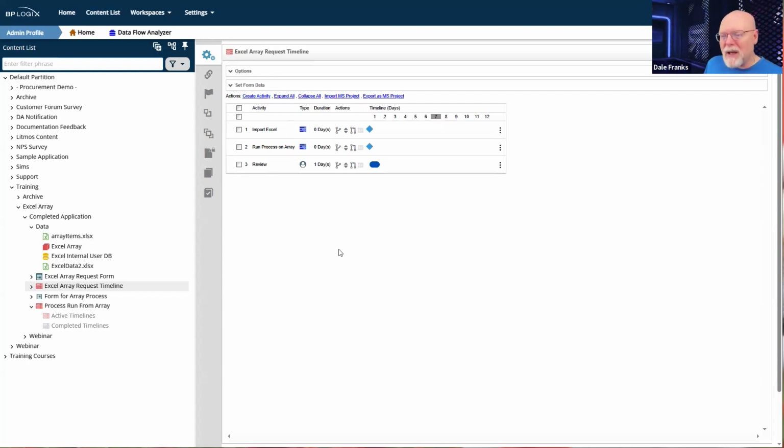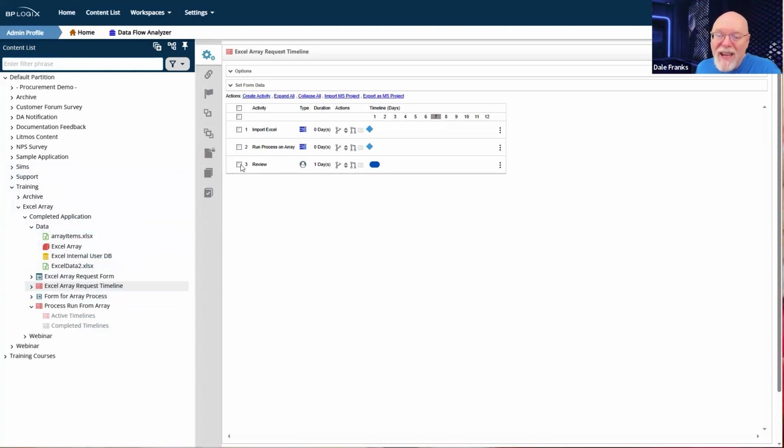I don't expect that this is going to be something you do very often, but it's an option for you. And the nice thing about it is you can just do it manually. You don't have to have access to the content list. So this may be an option if you want somebody who you don't want to make an administrator who has access to the content list and what have you. You don't want them to have that sort of access, but you do want them to be able just to take an Excel spreadsheet and get it uploaded into the system. All they need to be able to do is submit a form. And if they can submit a form, then we can just run these two.